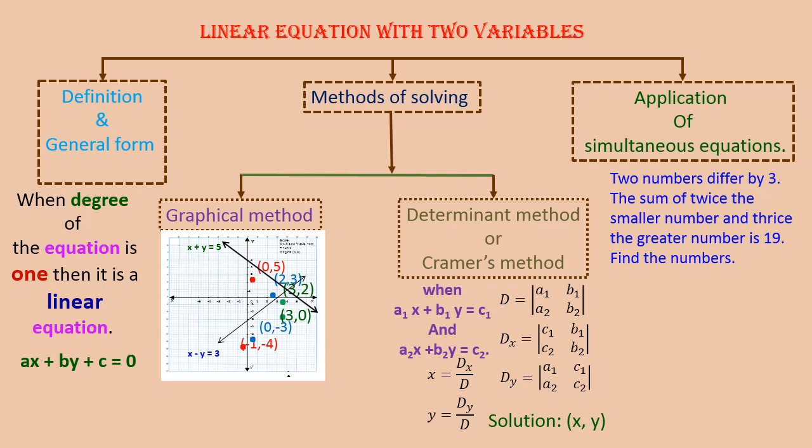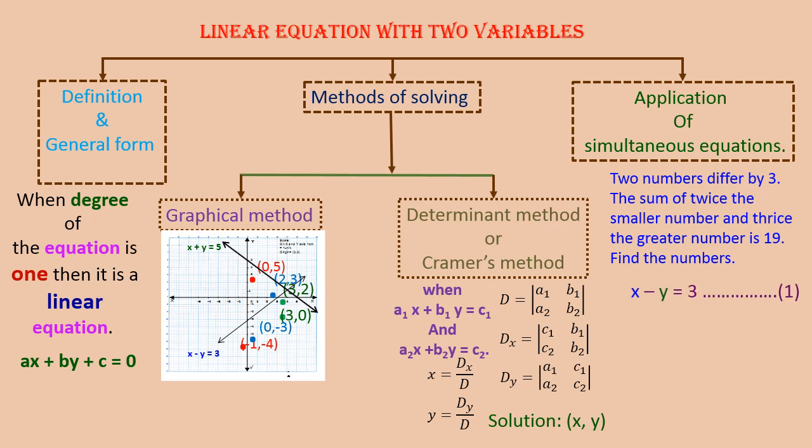For example, if two cars are moving in the same direction with different speeds, after a certain time they will meet. What was the condition, what was the speed, and all that can be calculated. For example, if one car takes 1 liter of petrol to travel 12 kilometers, the other car might be taking 15 kilometers per liter. All this kind of application based sums come in simultaneous equations, where we form two equations and get the answer.